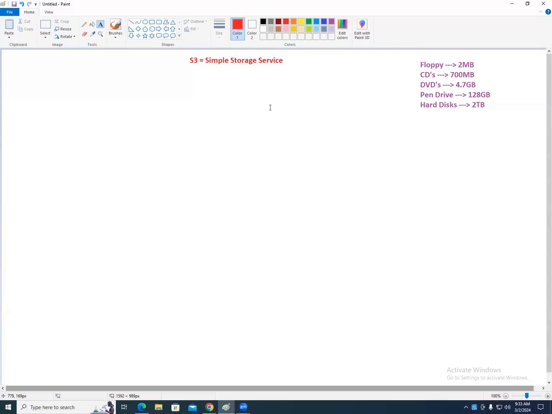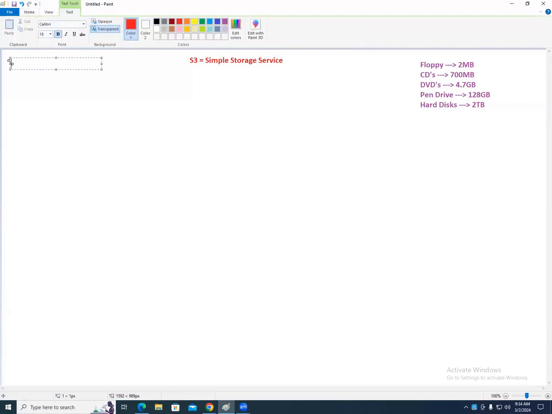So S3, Simple Storage Service. Everything in AWS will start with simple and end with service.